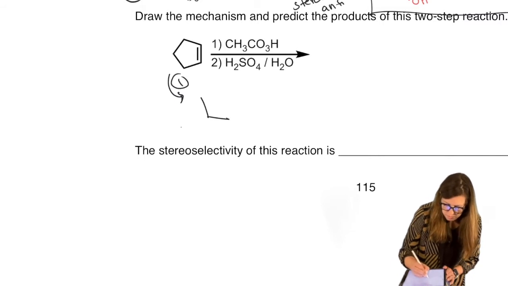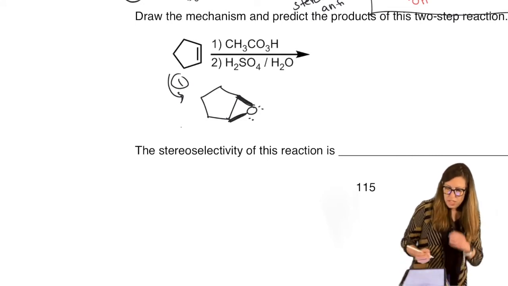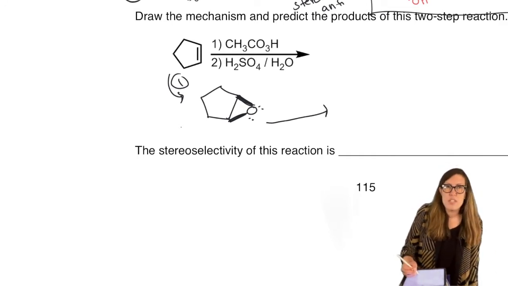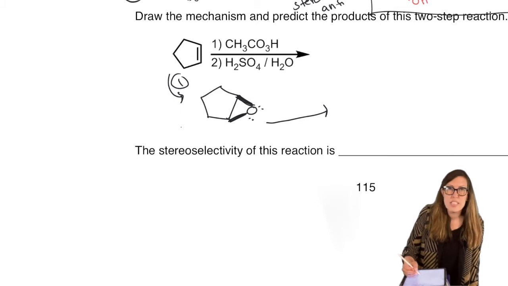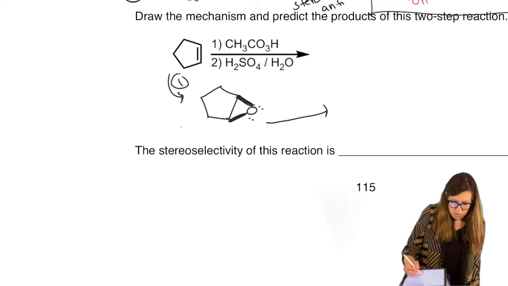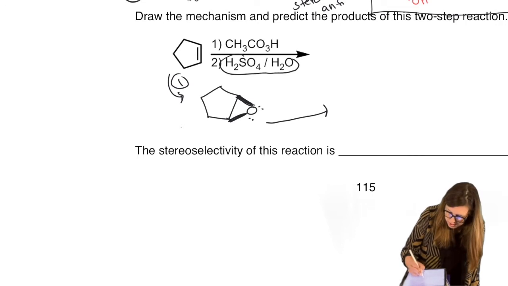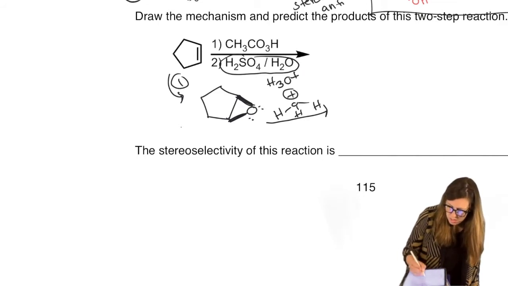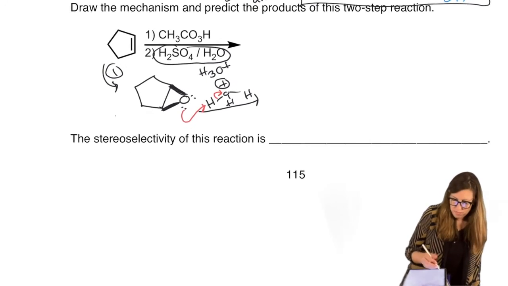Step one's the same. I'll get us to that same epoxide that we're done with. Now we're going to open the epoxide. But when we have an acid, we don't attack it with a hydroxide. Hydroxide does not exist in acid. So knowing that we have acid, and remember this means H3O plus, we are going to draw that out because we are doing the mechanism with the whole thing. You are going to protonate that epoxide oxygen.